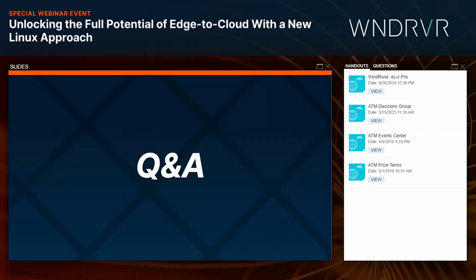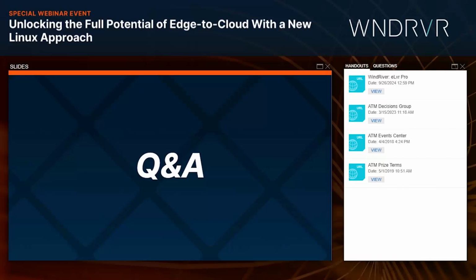Okay. Jeffrey has another question, and this is one that I'm sure a lot of the attendees out there are wondering right now. What unique security mechanisms are in place within Elixir Edge to protect devices and data in environments with limited physical security or higher risk of cyber attacks?